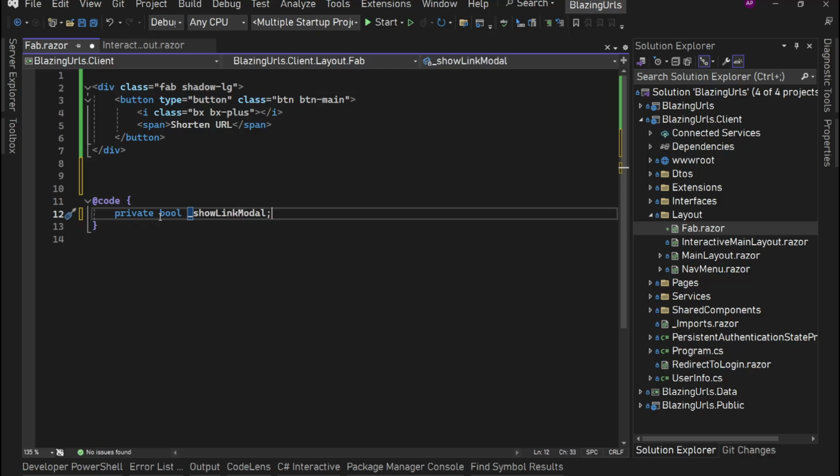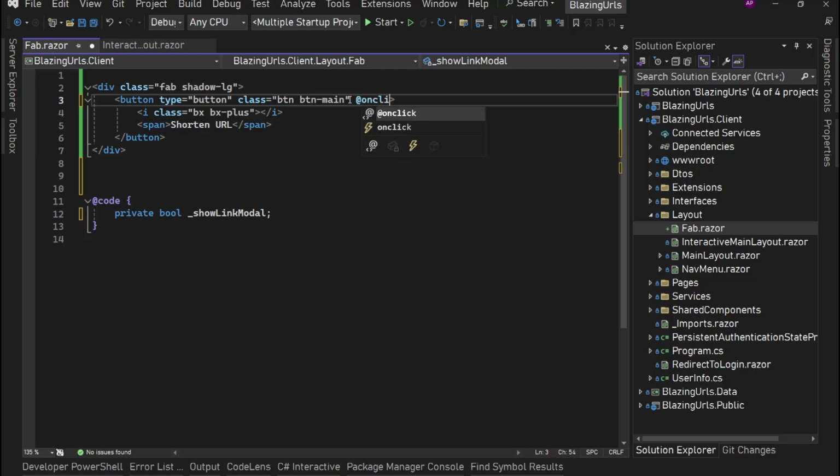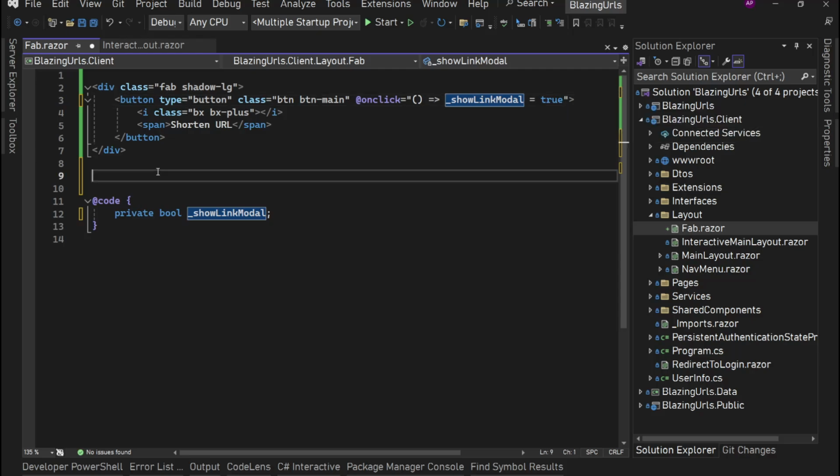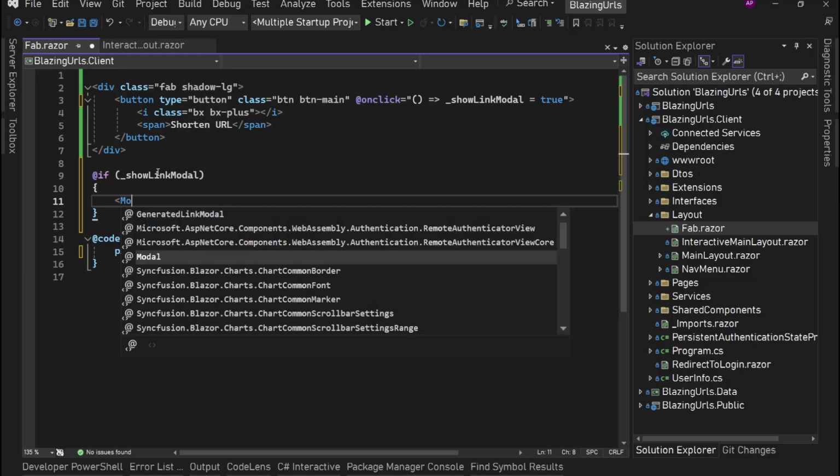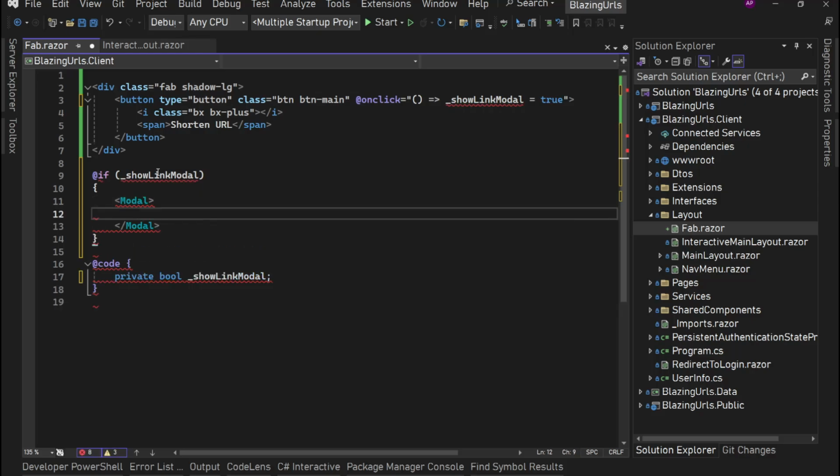All right, then on click of this button, we'll say @onclick, we will simply set this showLinkModal to true, and then here we'll simply have an if statement. Here we'll check if showLinkModal is true, we are going to open our modal,